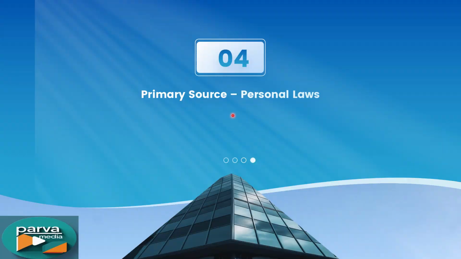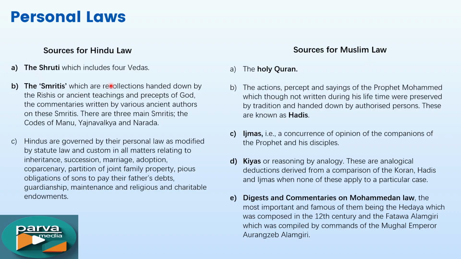And now let's look into the sources for personal laws, how personal laws derive from various practices and religious texts. In India, we have two major personal laws. One is Hindu law and another one is Muslim law. Let's see what the sources for Hindu law are. Hindu law is derived from a rich body of religious literature and evolved customs. Its primary sources include Shruti,